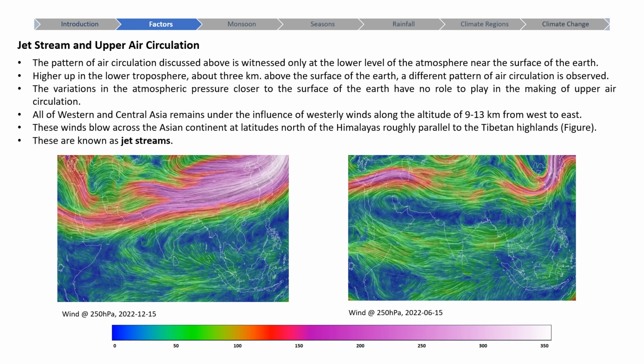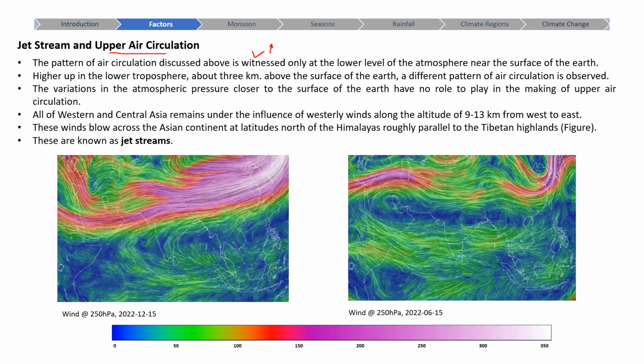And now if you see the upper air circulation, meaning above the surface. Above the surface, the wind circulation is entirely different from the surface. First thing you remember, the wind movement at the surface of the earth is not the same. As you move up from the surface of the earth, the circulation is entirely different. As you can see here,